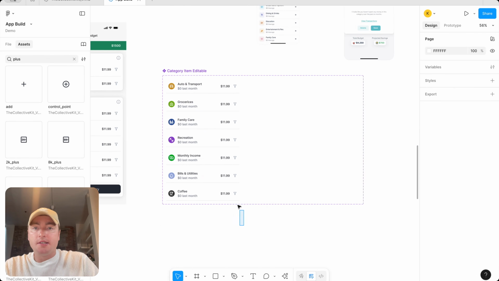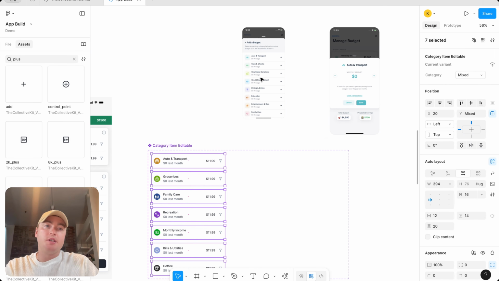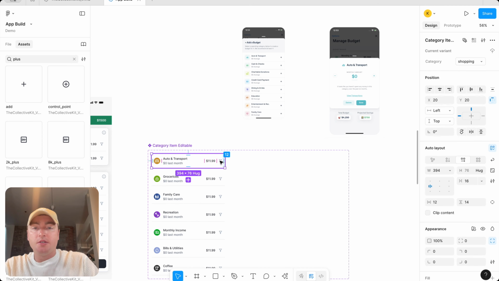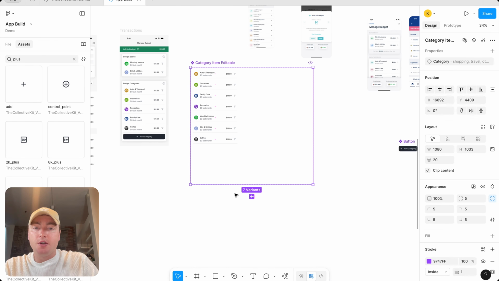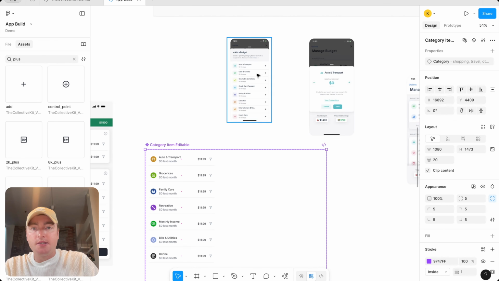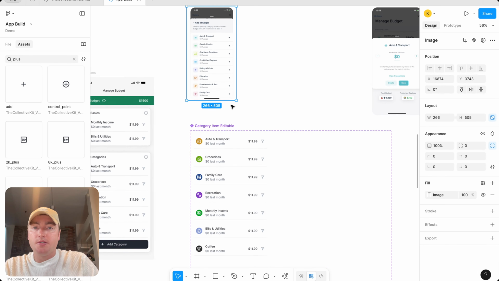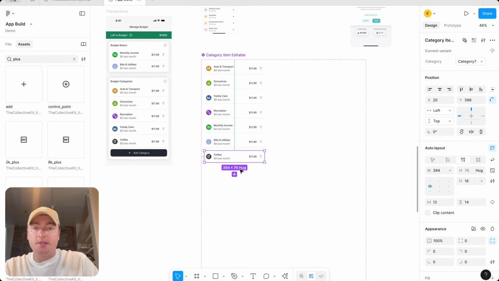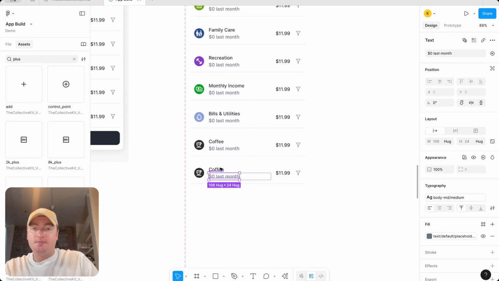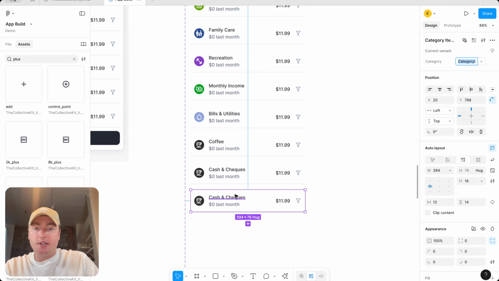So with this, one thing we can do, if we had structured some of our componentry, right, like we knew where some of these things are coming, is also just copy all these. So I'll probably just show you what I mean. So we have our category items. I'm just going to add some more categories here. So cash and checks, charitable donations,